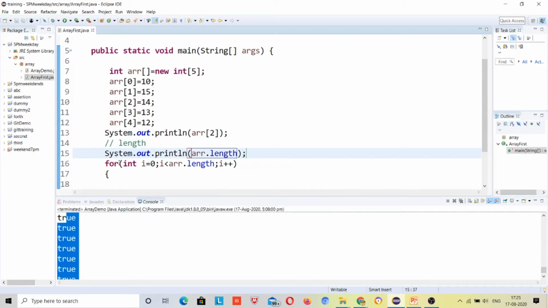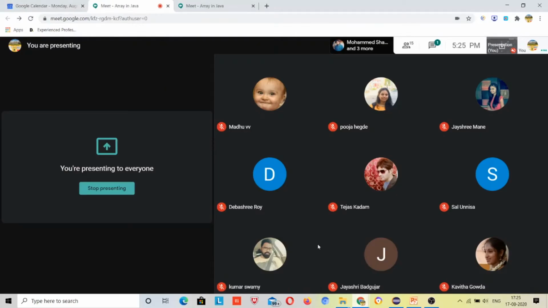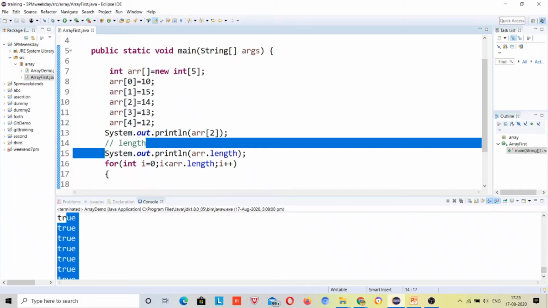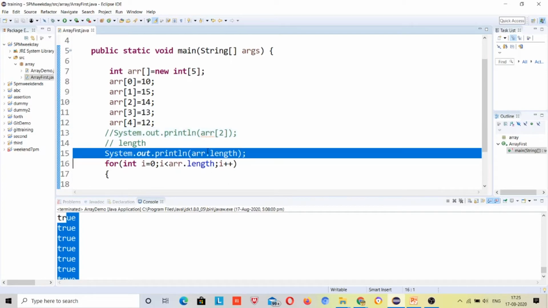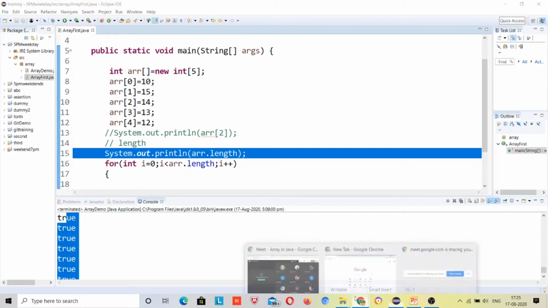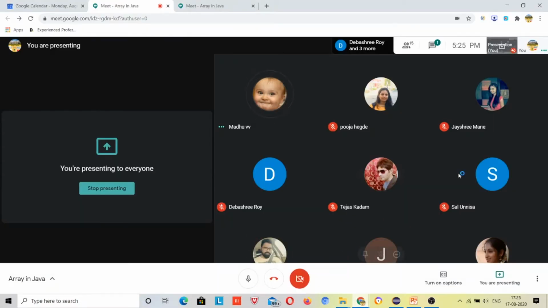So this will return you, I will ask Madhu what will be the output for this line. It's 4. Yeah, because array is starting from 0 to, no, 5. Sorry.